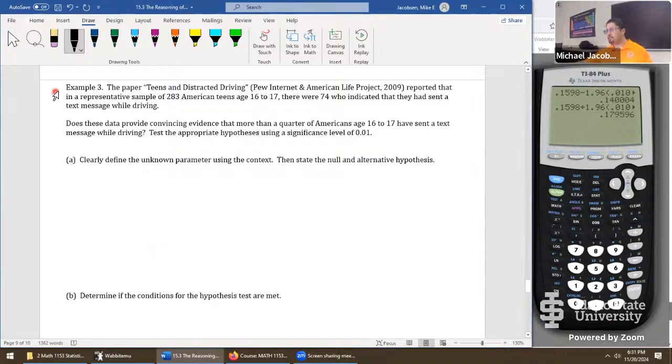First thing we need to do is carefully read this context. The paper, Teens and Distracted Driving, reported that in a representative sample of 283 American teens aged 16 to 17,